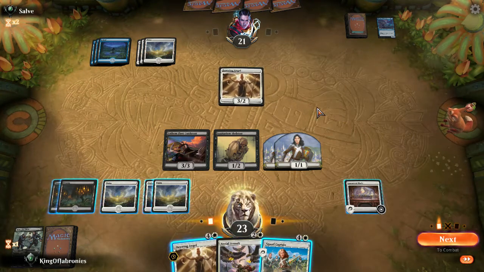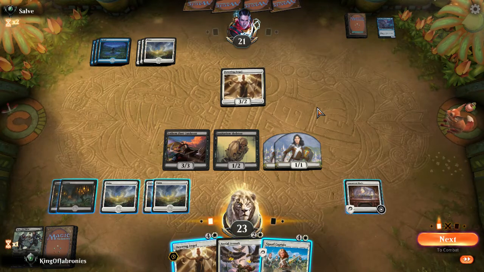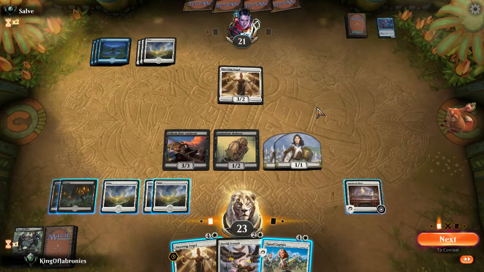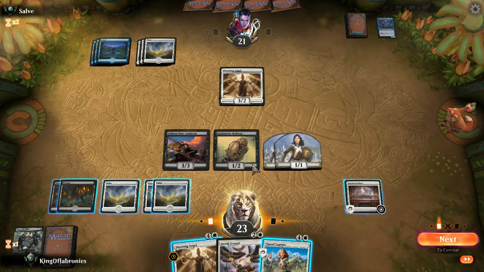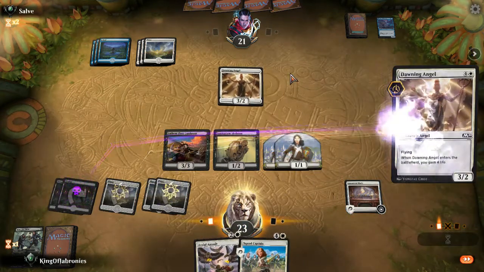Maybe I play out the Dawning Angel to play around counterspell, because I don't want this to get countered. I want this to be a pretty big creature. So I think I'm going to play out the Dawning Angel here, and if he counters it...